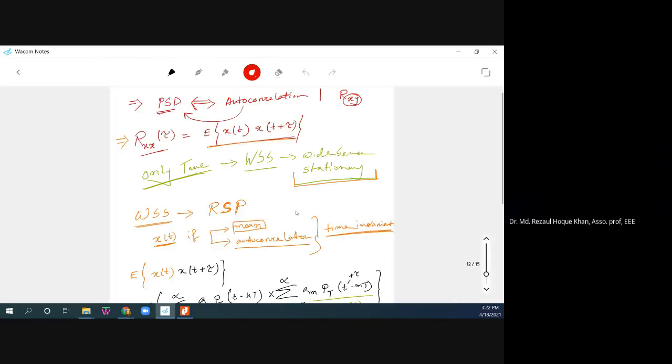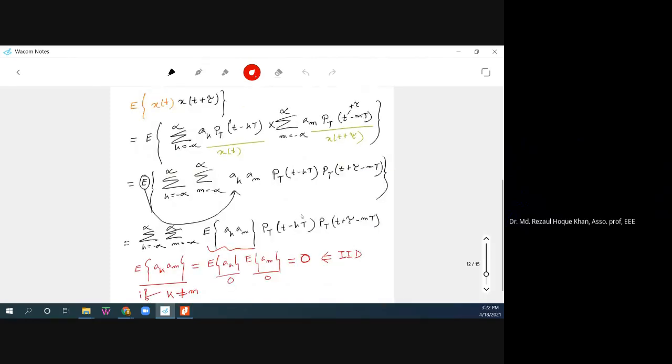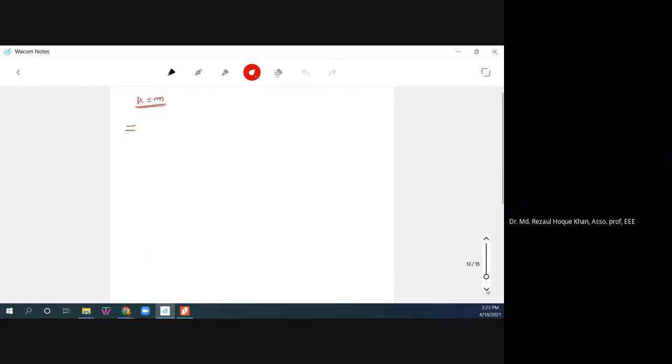Here k and m are the same, so we can rewrite it: the sum over k from minus infinity to plus infinity of the expected value,